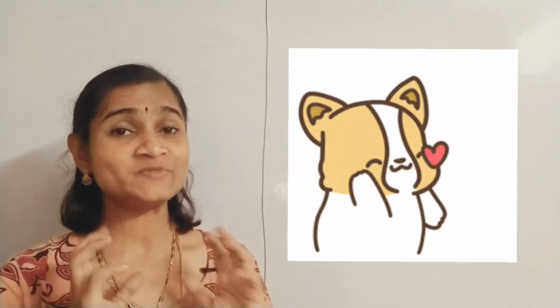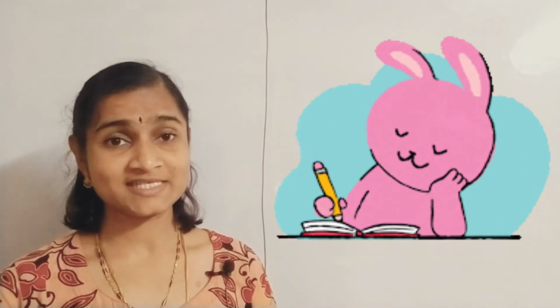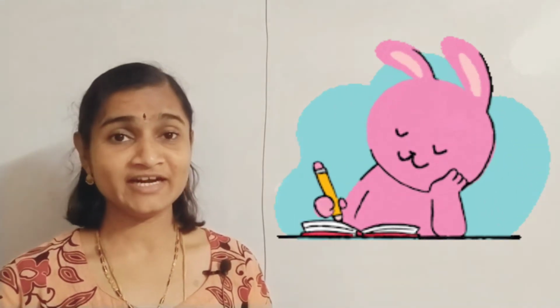Today we are going to learn about the nomenclature of aldehydes if two or more functional groups are present. In the previous video we learned some examples of how to write the nomenclature for aldehydes if two aldehyde groups are present, or if three aldehyde groups are present, how to write the name of the compound. We have learned about that.